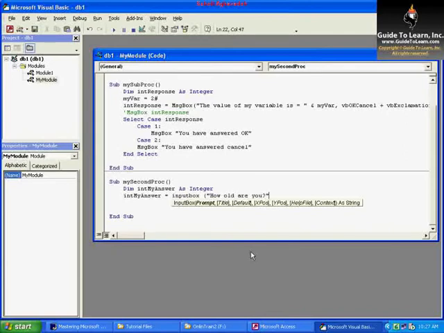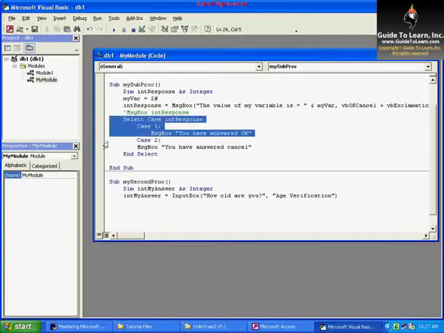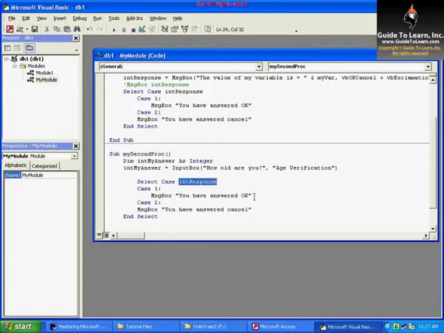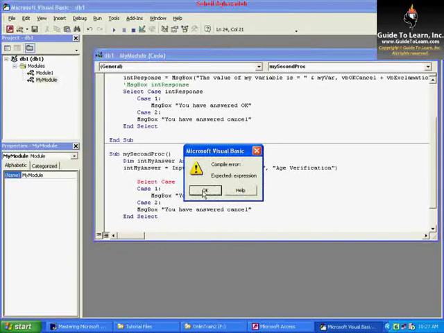And basically, based on that question, I can specify the title. I say age verification. And you can specify the position for it and so forth. You could also specify a default value for it if you will. But right now, I'm just happy with these two. I just say, how old are you? And then store the information in the integer variable. I'm just copying and pasting the Select Case statement. And this time, instead of having integer response, of course, I'm using integer